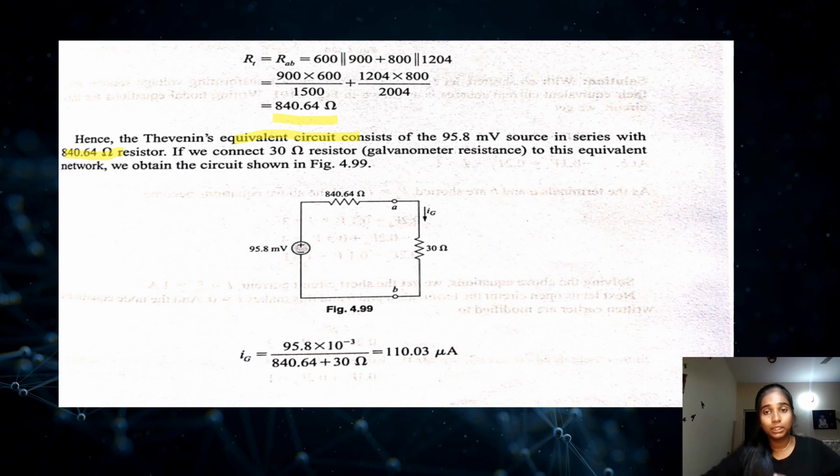If we connect the 30 ohm galvanometer resistance to this equivalent network, we obtain the circuit here, that is 840.64 ohms resistance across A and the 30 ohm resistance with current IG towards B, and the 95.8 millivolt source. The current IG will be given as 95.8 into 10 raised to minus 3 divided by (840.64 plus 30) ohms, which will be equal to